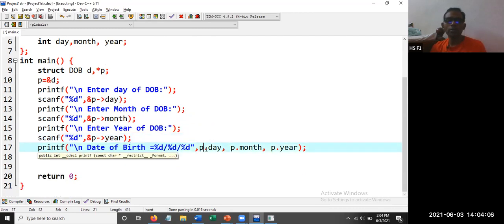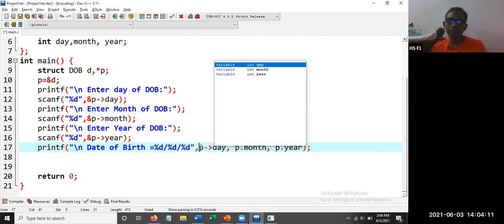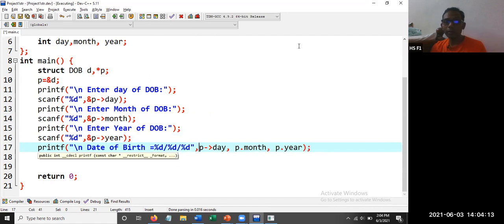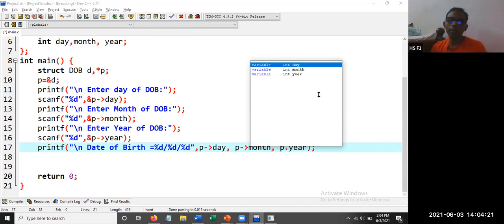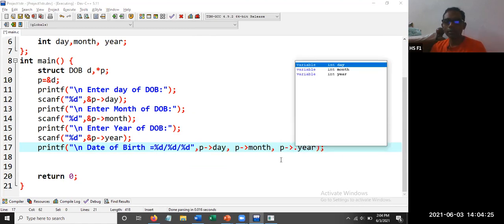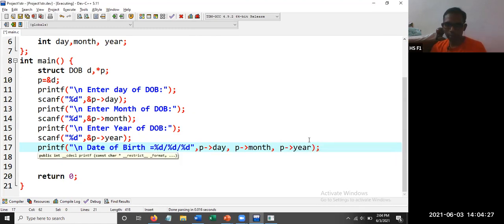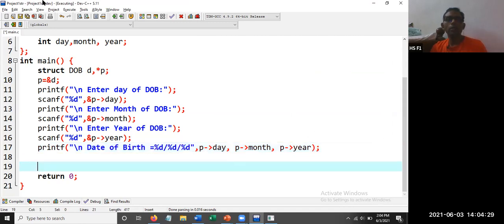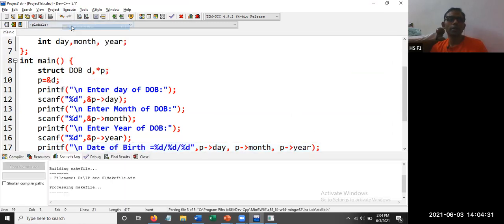We don't have asterisk P day here. For normal pointer variables we write asterisk, but in this case we are not going to write asterisk; we use the arrow operator. Now let us compile and run.